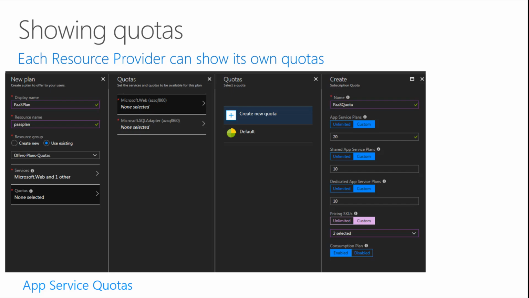So that is kind of nice to do in the Azure Stack operator portal. We see that for the services, there was Microsoft Web and one other, but I can't see that unless I expand that out, which we see in the quotas because we see the SQL adapter, so that's the other one. And then as we expand the quotas page in the blade, we can then either create a new quota or accept the default quota. The default quota is what we showed on an earlier slide, and those are documented in the